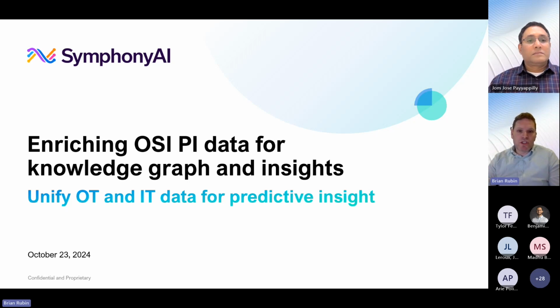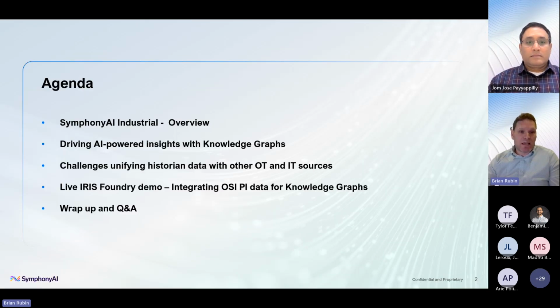I'm head of solution engineering at SymphonyAI Industrial, and I will walk you through some informative stuff about our OSI Pi connectors. Actually, it's AVEVA PI nowadays, since they have been bought, so now it's AVEVA PI. I will walk you through how we actually integrate or ingest data from an OSI Pi historian into our